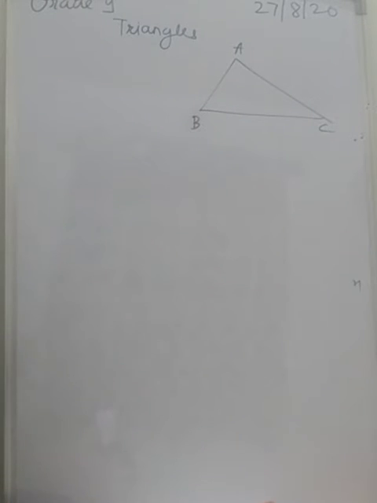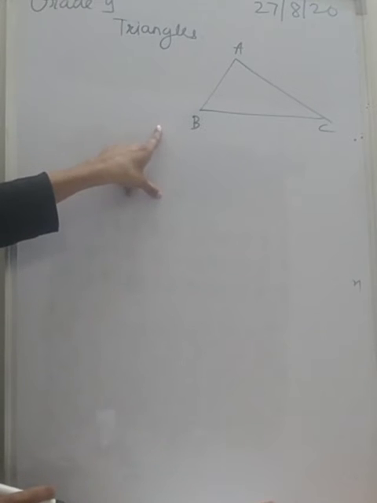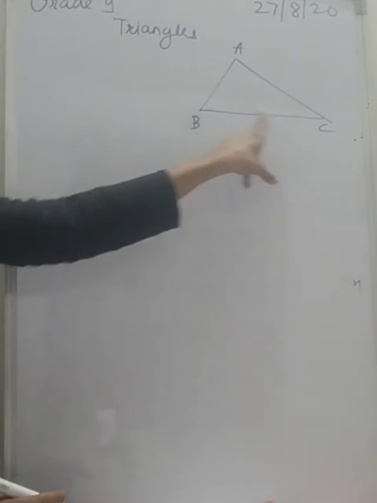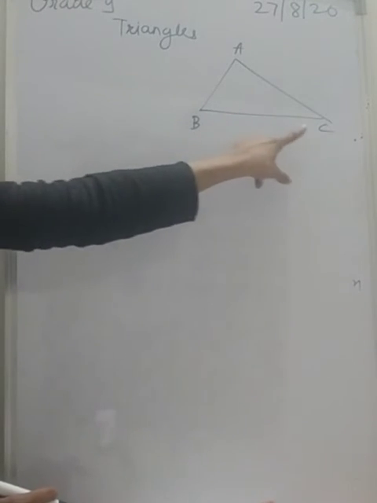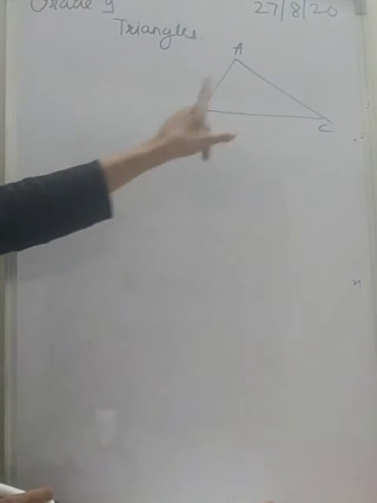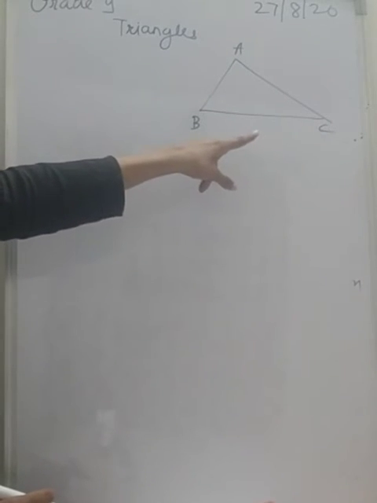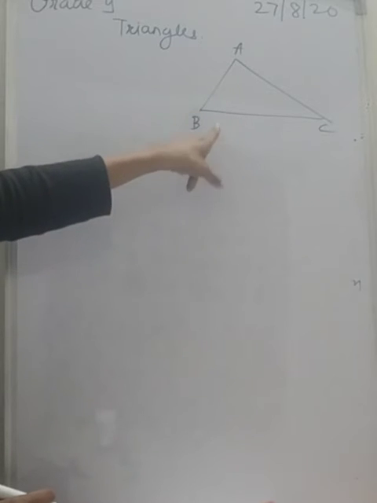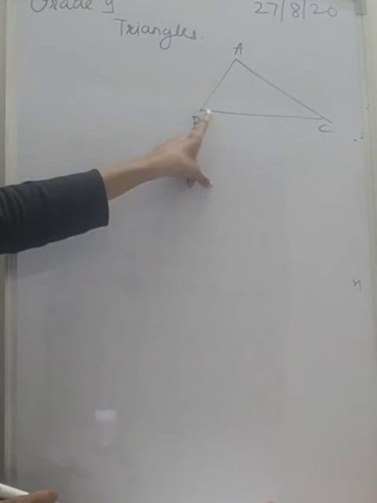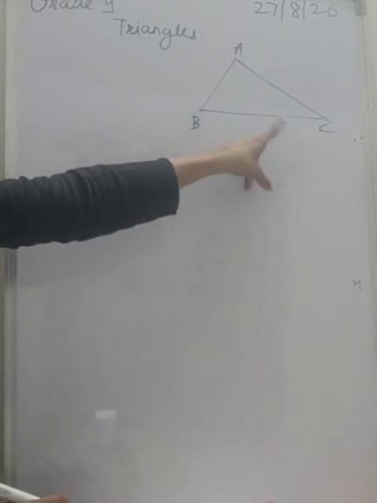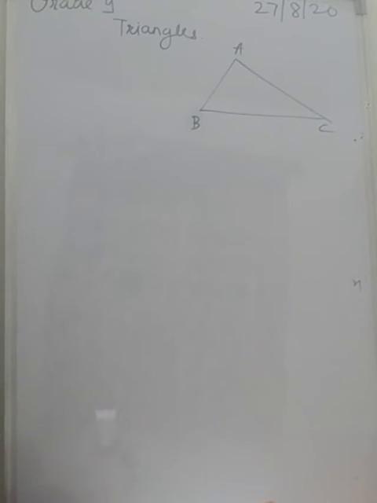So today we are going to learn something different. We are given two angles of a triangle, and today we will talk about the first case. These two angles are unequal. That means the side opposite to the bigger angle will be bigger, and the side opposite to the smaller angle will be smaller. Okay, so let's write the theorem first.